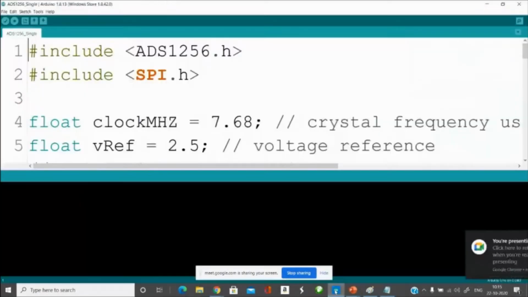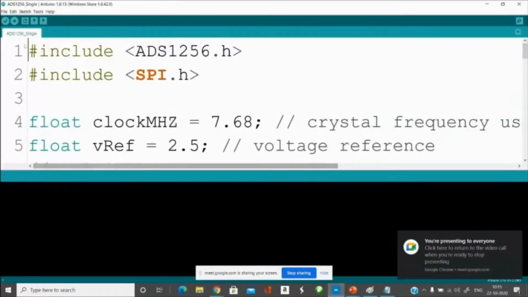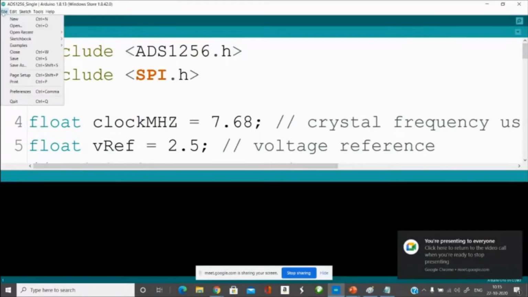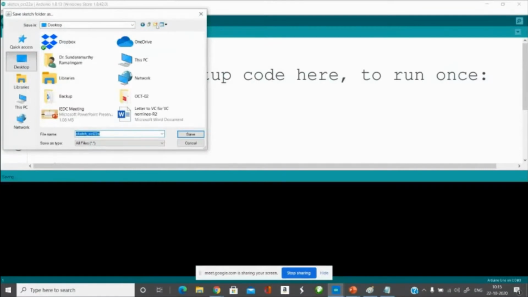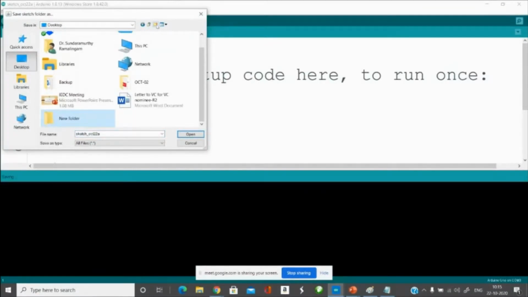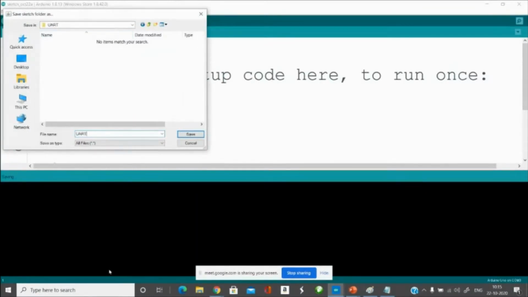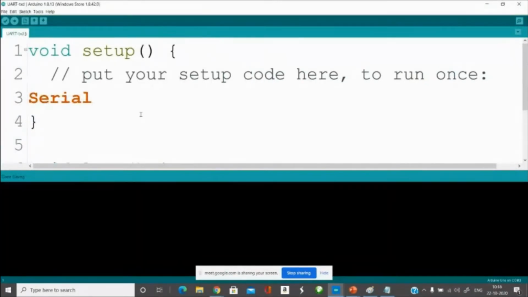Now take our Arduino. This is my Arduino IDE. Go to File, click New, then Save As, create a new folder called UART, and save this as UART transmit data. Save this. Serial: the moment I type Serial, it changes color. That means it is a built-in object.